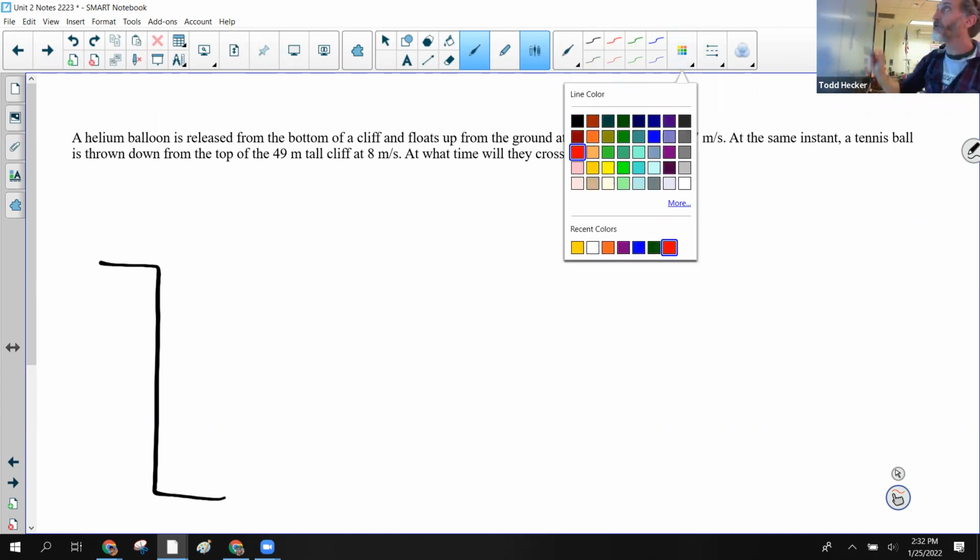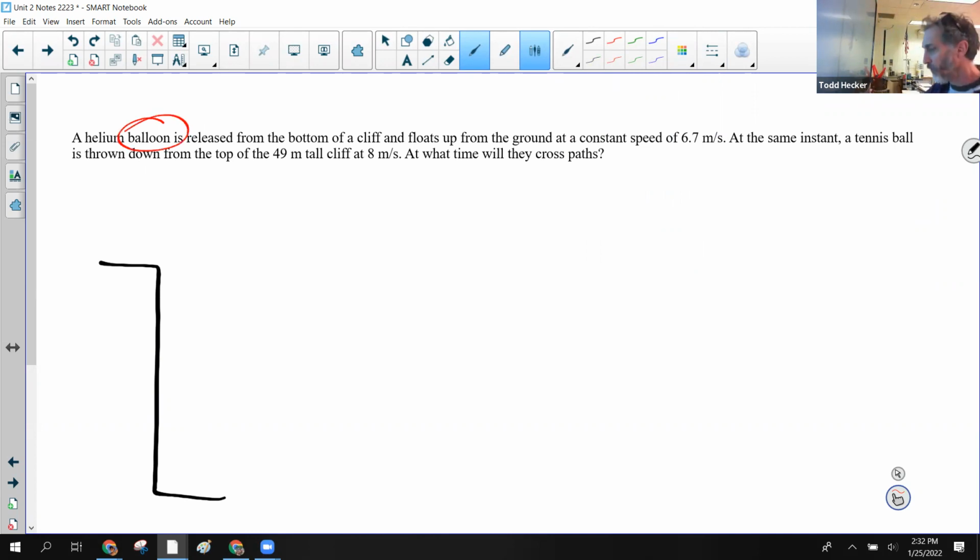There we go. So here's our balloon. We'll do that using red. So here's the balloon. Why did that not go red? That's annoying. There we go. Here's our balloon. So the balloon is going to move up. Stupid smartboard. The balloon is going to move up at a velocity of,